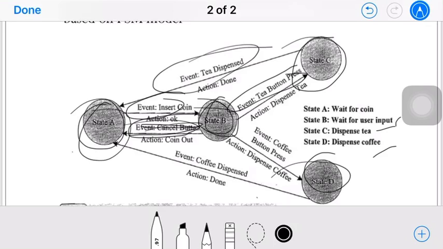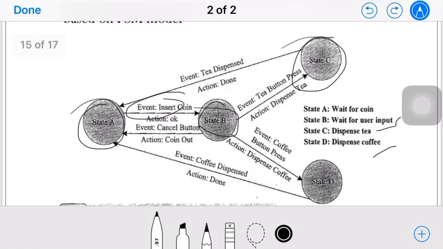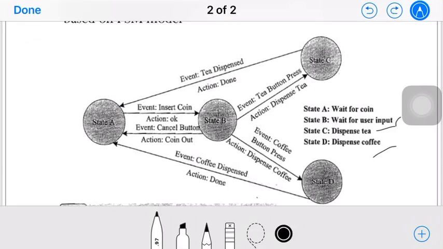These statements will be given as the general idea of any tea or coffee vending machine. Now, if I ask you to design this machine so that it gives either tea, coffee, or a lemon tea also, what will be added to this diagram? Again, wait for a coin, then wait for the user input.